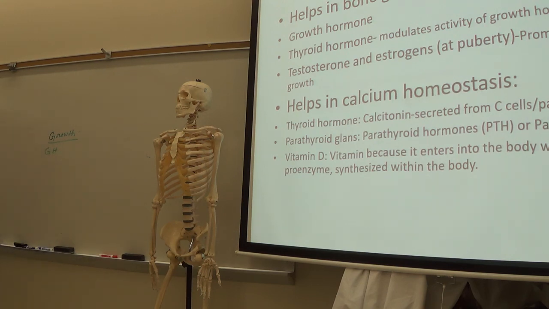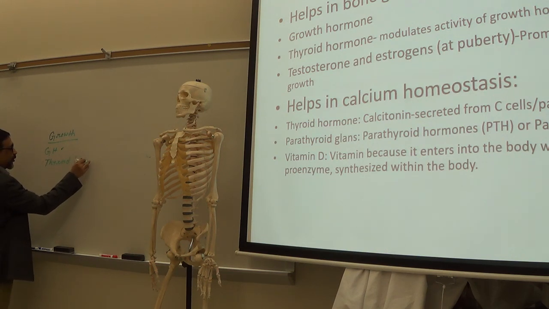Growth hormone? I believe all of you. So, growth hormone works on the bones to grow the bones. Stimulates the growth of the bone. So, this is one. Another hormone is thyroid. Thyroid hormone also helps